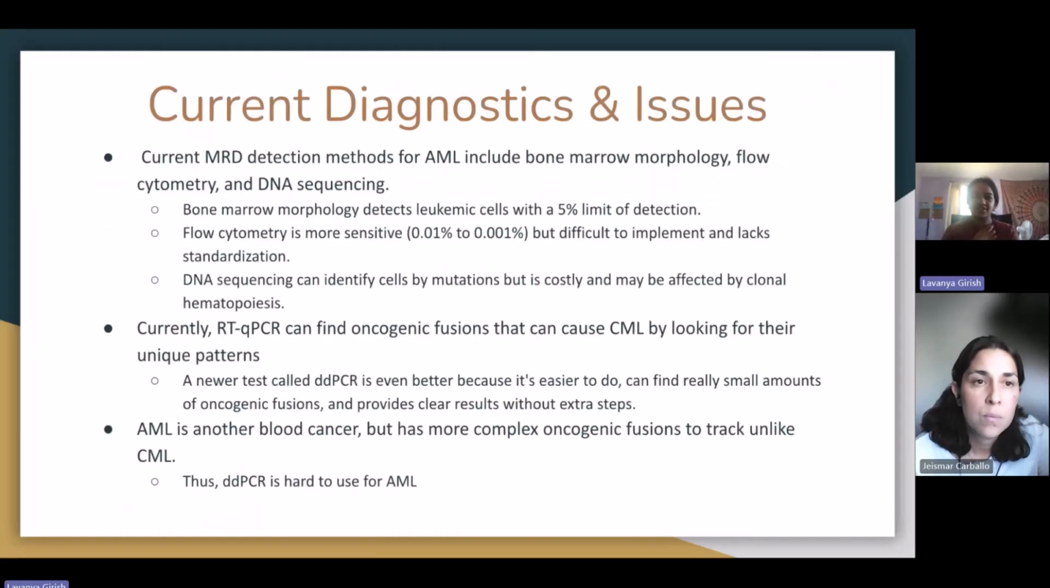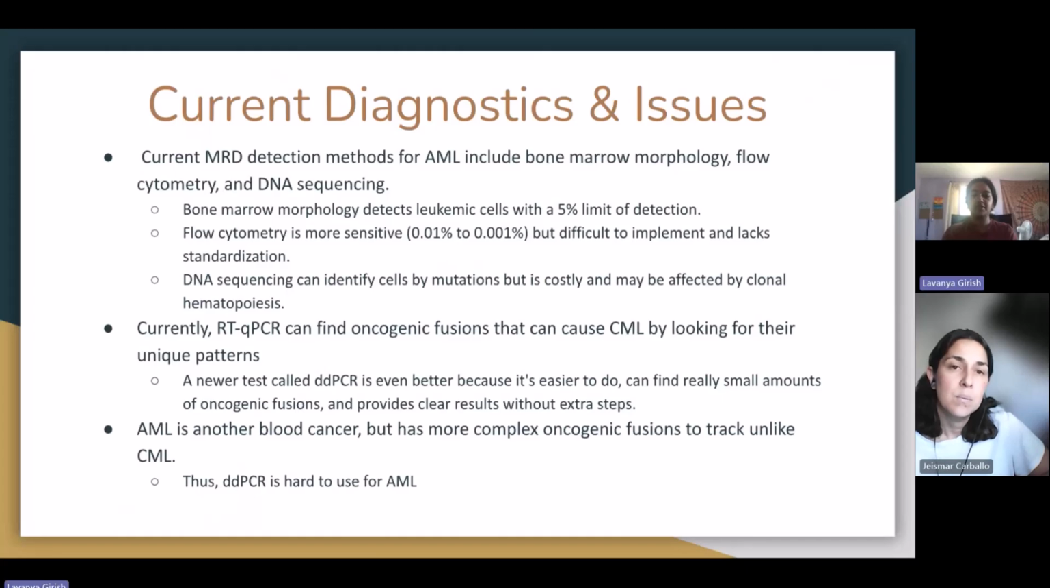So, current diagnostics and issues for AML. Current MRD detection methods for AML include bone marrow morphology, flow cytometry, and DNA sequencing, among many diagnostic procedures. But all of them have their various issues. Bone marrow morphology detects leukemic cells with a 5% limit of detection. Flow cytometry is more sensitive but difficult to implement and lacks standardization. DNA sequencing can identify cells by mutation, but is costly and may be affected by clonal